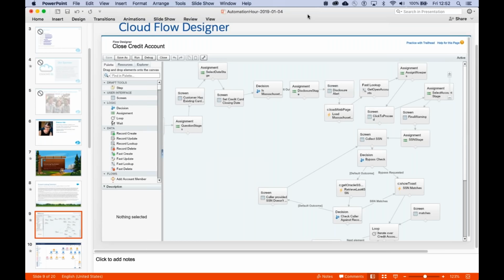So flow actions that basically go and retrieve a Quip document and then iterate through content in the document. I will find the link to where he's posted those and add it to the question in the Trailblazer community.